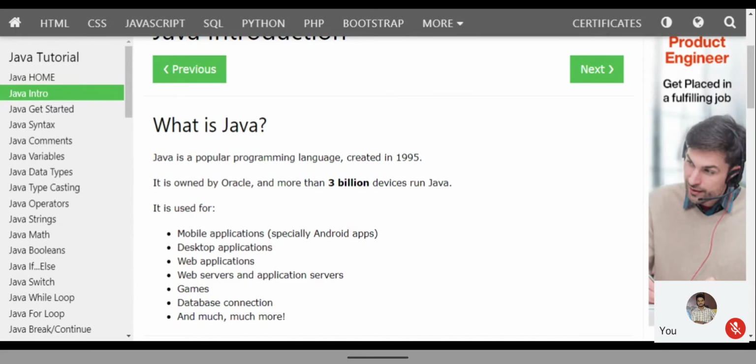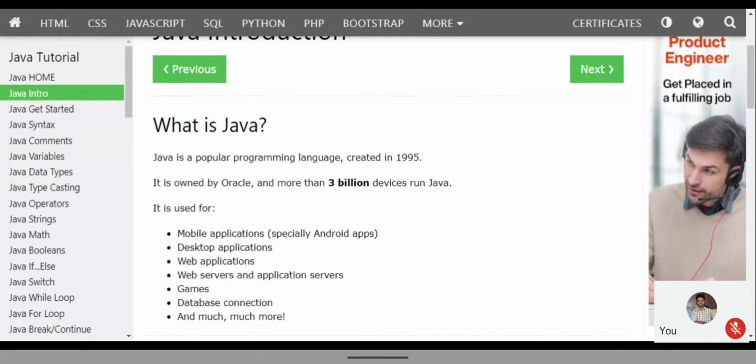Like this Spotify and all, they are based on HTML for viewing, but for playing songs, or else for YouTube, if you are playing something, those will be web applications. Okay, and after that, web servers or application servers. Web servers means just like databases, but the data will be stored on the internet, not on any device.